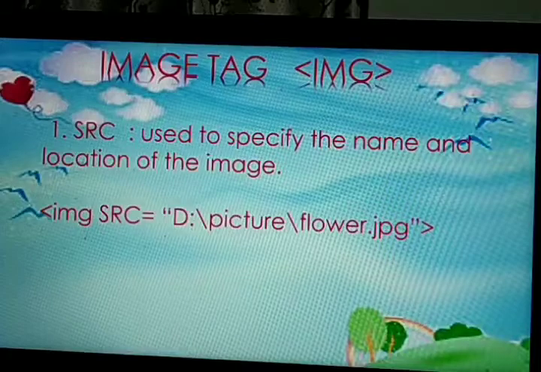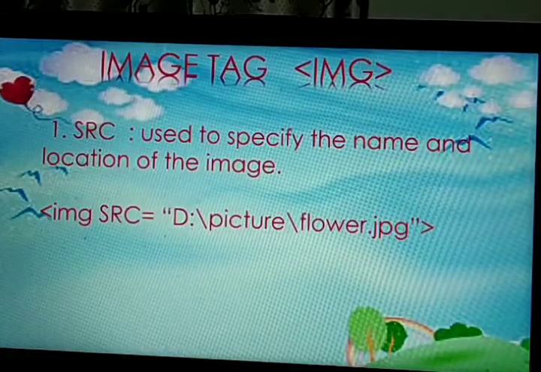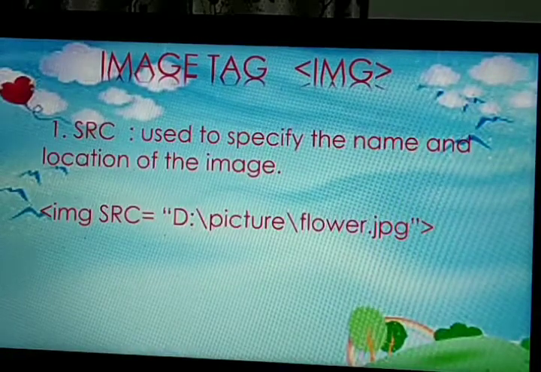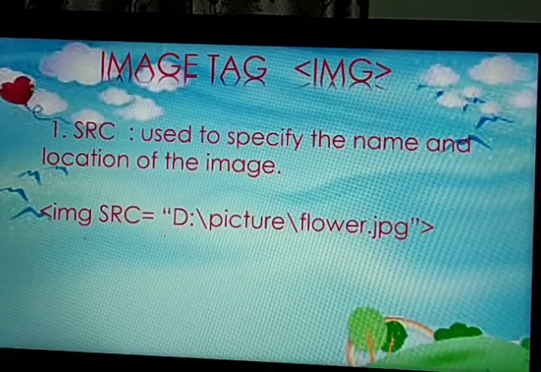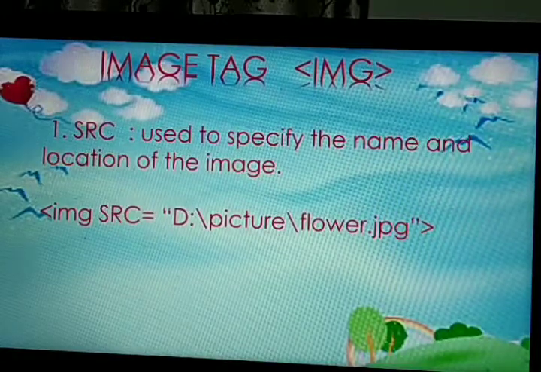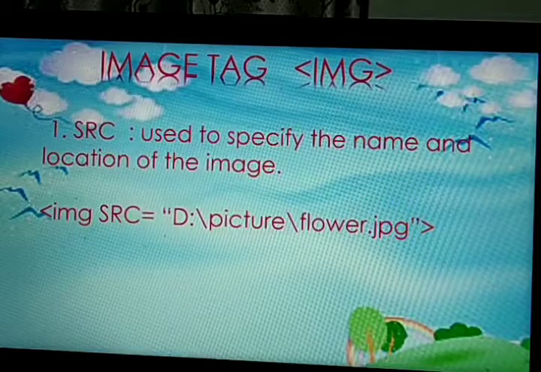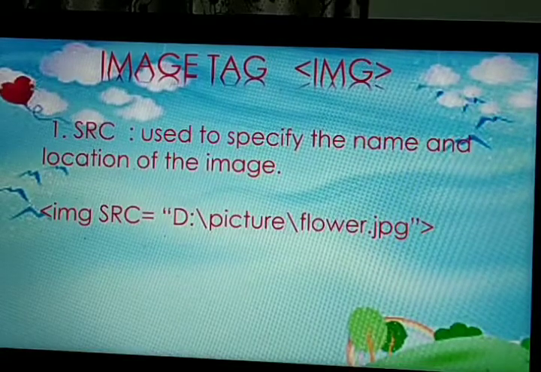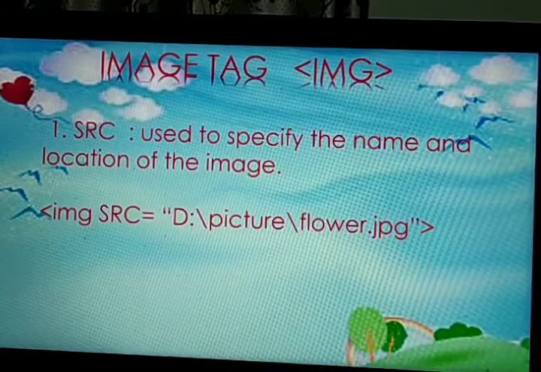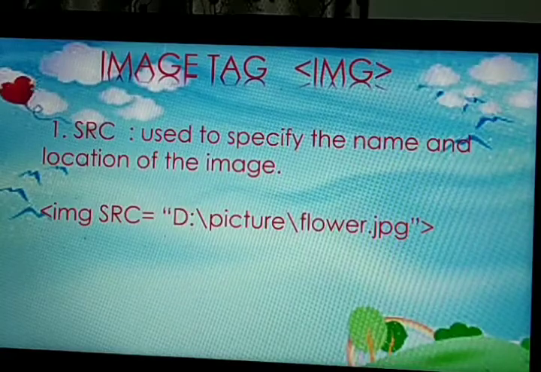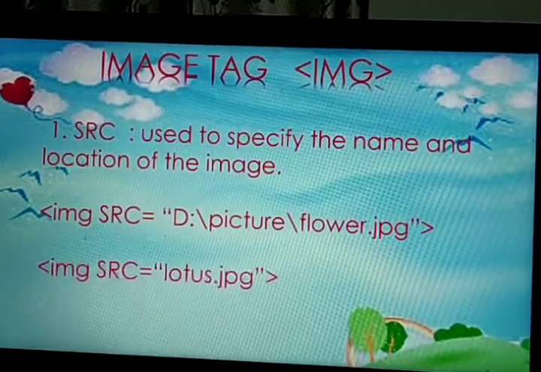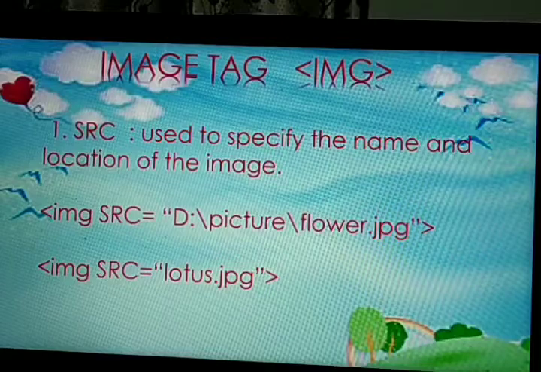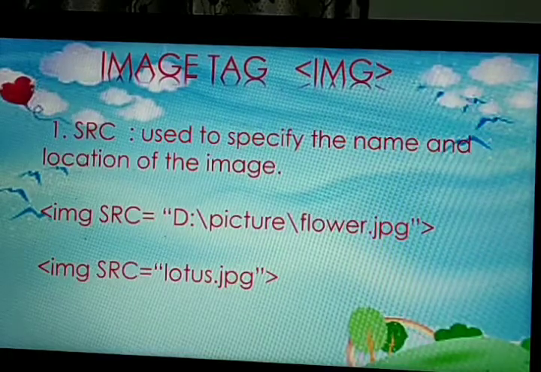Here is the syntax. If you want to insert a picture flower.jpg, you have to give the full path, that is which drive, which folder and the name of the image. And if the image is saved on the desktop, you can simply give src equal to lotus.jpg.